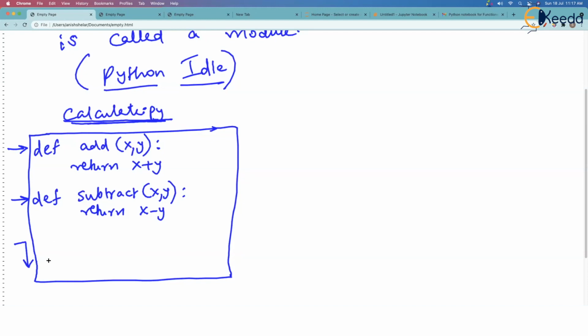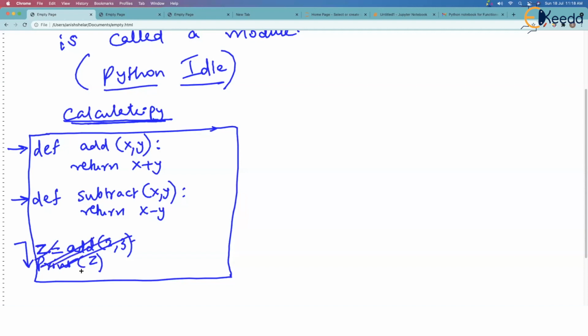Maybe if we had written something like this, z is equal to add 2 comma 3, written in the main script, not indented, then we are calling the add function, add will run and return 5, and then we can print z.